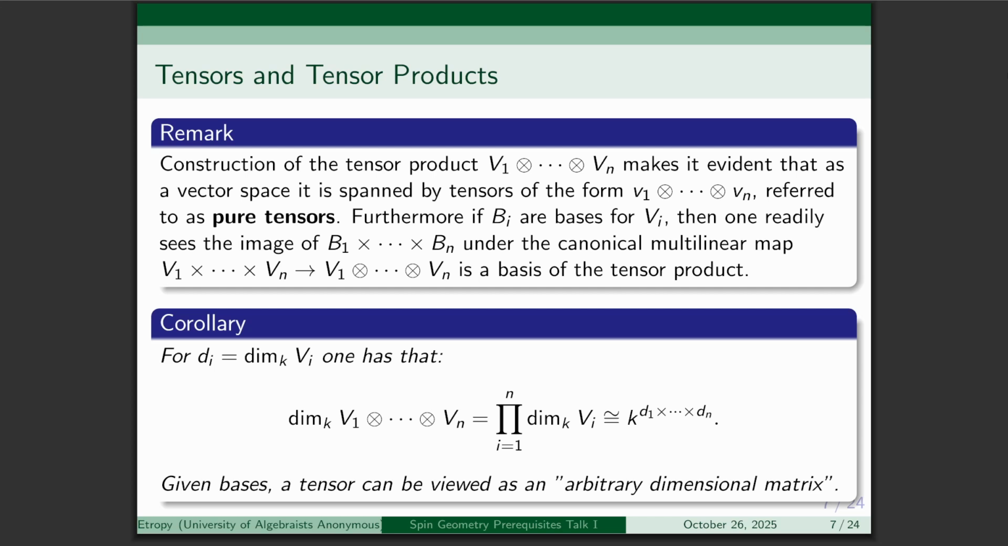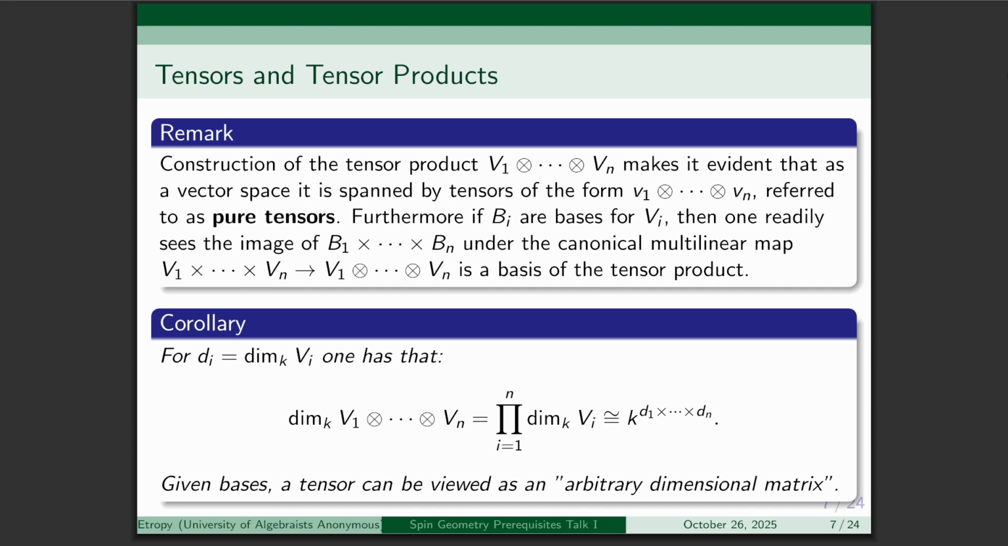Because of that, we can note that the cardinality of a product of bases is just the product of the cardinalities. So if we consider the dimension of the tensor product, it will be the size of any basis, and as you've seen, it will be the product of the sizes of the bases of the factors. So if we want to take the dimension of a tensor product, we just multiply the dimensions of the factors. And so this also